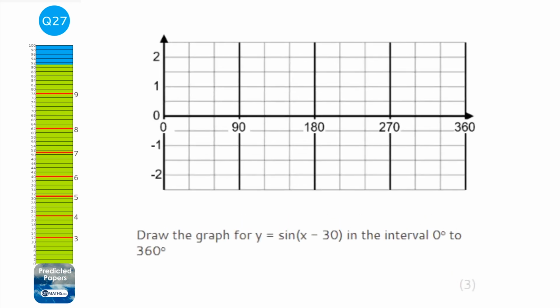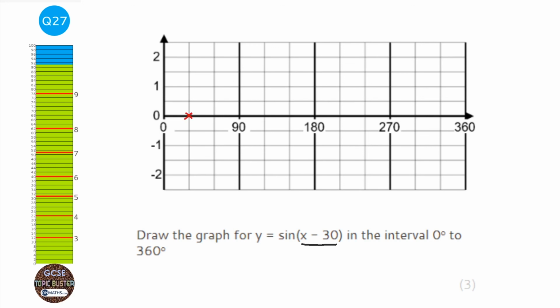Okay, to answer this question you need to understand the sine wave. And the sine wave starts at 0 and then goes up to 1 at 90, goes back to 0 at 180, down to -1 at 270, and then back up to 0 at 360. Now what's happening here is we're taking away 30 before we put it into sine. So at this point here,